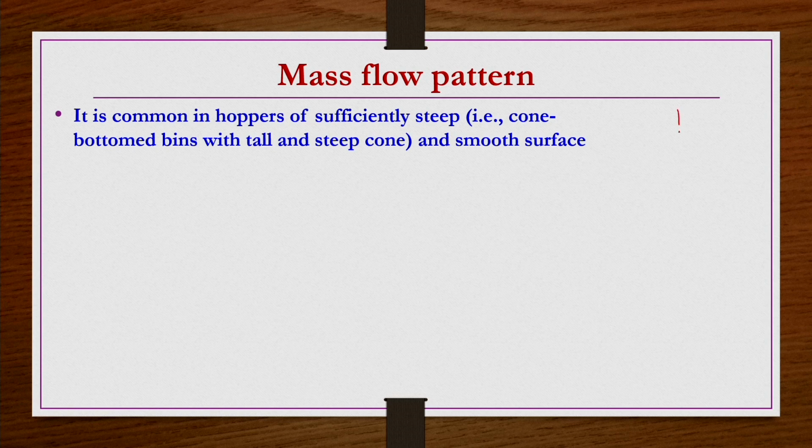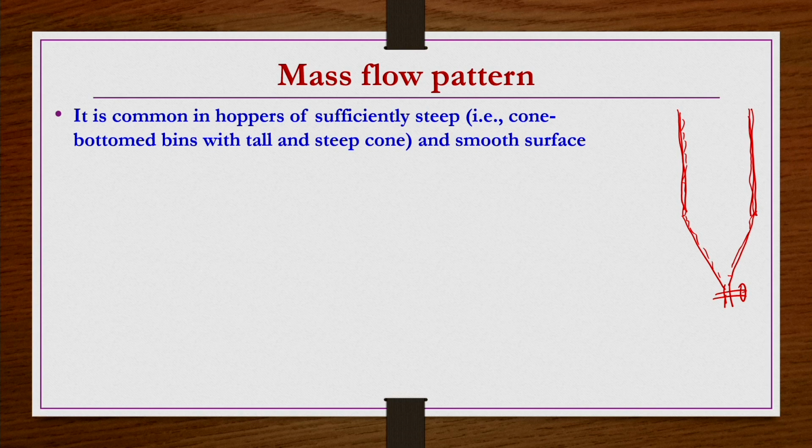Wherever we have a steep conical section like this, not only is the cylindrical section there, but if the conical section is also steep, then a mass flow pattern may be possible in general. This is the opening, and in addition to that, the wall surface should be smooth